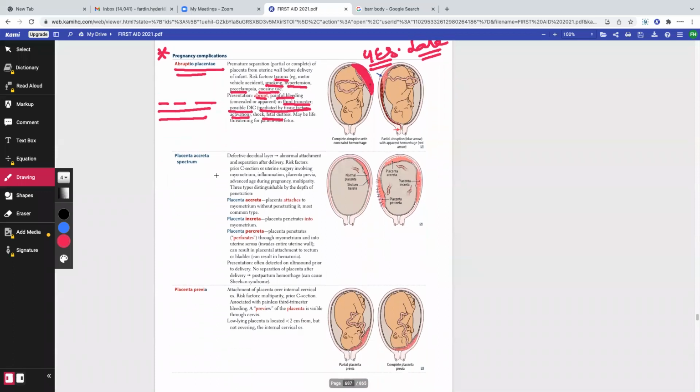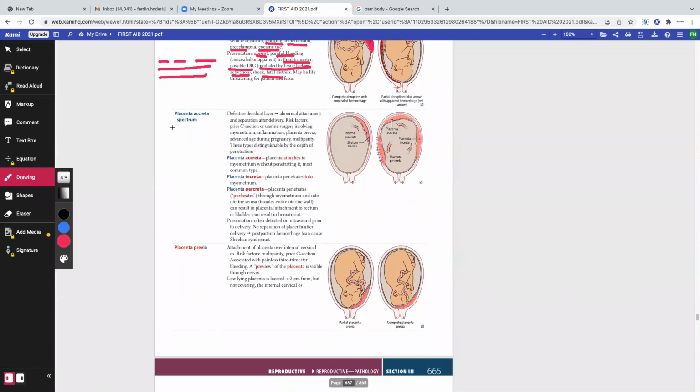So that's that. Next one is placenta accreta spectrum. What is placenta accreta spectrum? It is a spectrum where, when the placenta gets attached to the wall of the uterus, it can get attached very deeply to the uterine wall. Yes or no? The answer is yes. If they get attached very deeply after pregnancy, can we have problems such as retention of placenta? The answer is yes. And also during the removal of the placenta, can we have severe postpartum hemorrhage? Yes or no? The answer is yes. Can we also have uterine rupture, uterine inversion, and all of those things? The answer is yes. So the complications are endless, right?